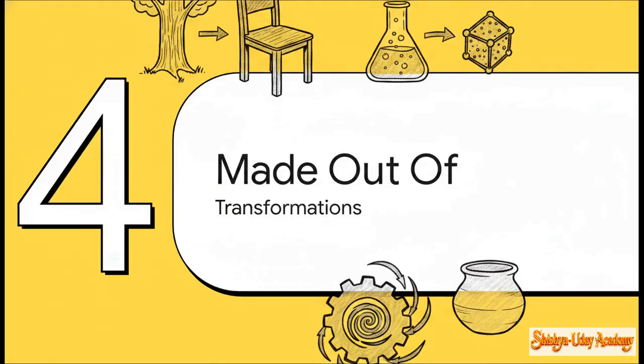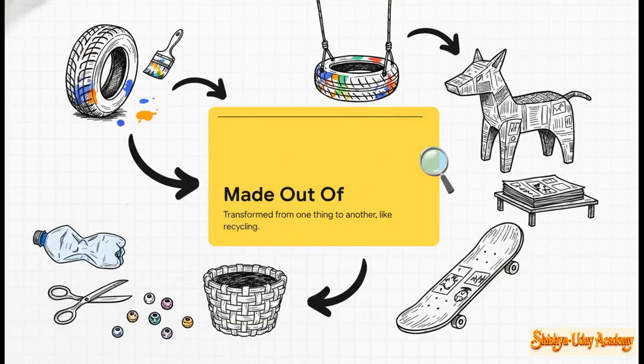All right, moving on to Section 4, made out of, creative transformations. This phrase brings a really fun creative twist to the rules we literally just learned. You can kind of think of made out of as the upcycling preposition. We use it when something is created by transforming something else into a completely new form. It almost always refers to the creative reuse or the recycling of materials to give an everyday object a brand